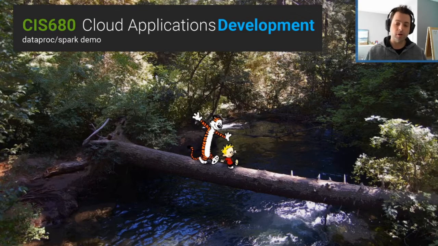Now, this is one of those open source frameworks for basically running clusters for managing big data. You don't have to use Spark. You could use other ones such as Flink or Presto or a whole bunch of other types. We're going to be using Spark, and we're also going to be playing around with Jupyter notebooks as well,